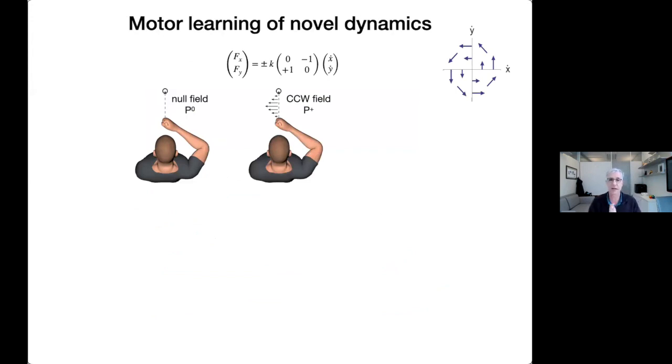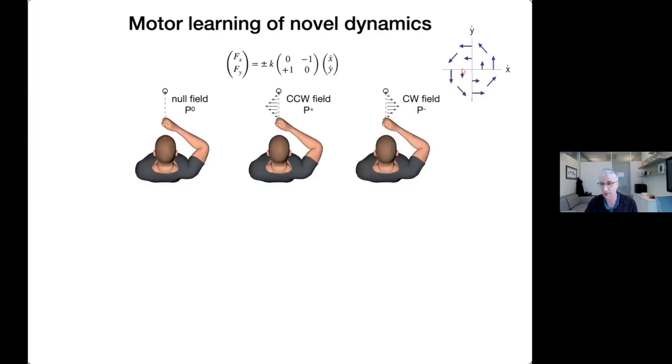A force we particularly like, and one used by others before us, is one in which the force in the x and y direction applied at the hand is some gain times this matrix times the Cartesian velocity of the hand. And if you plot that out as a vector field, what you get is this. So if you don't move, you get no force. The faster you go, the bigger the force on your hand. And the force always acts